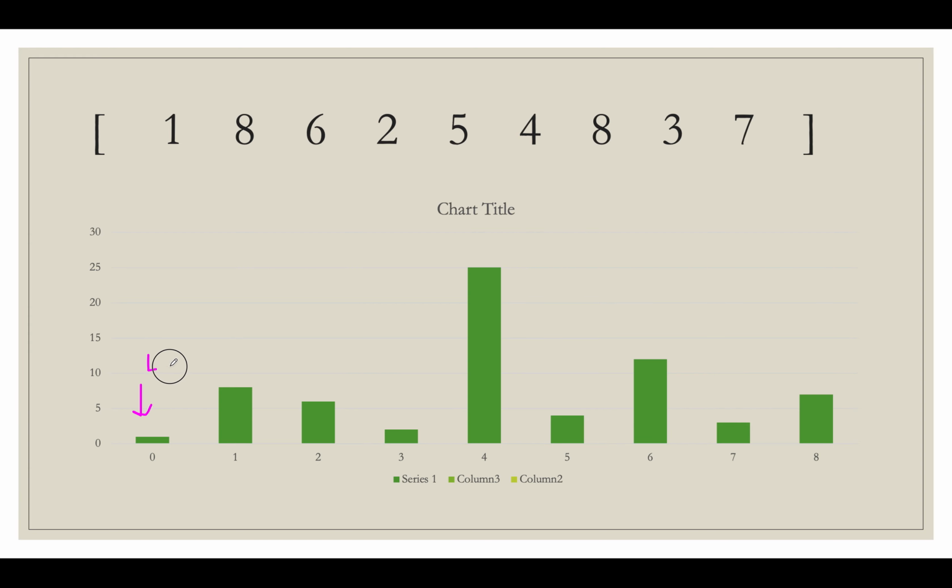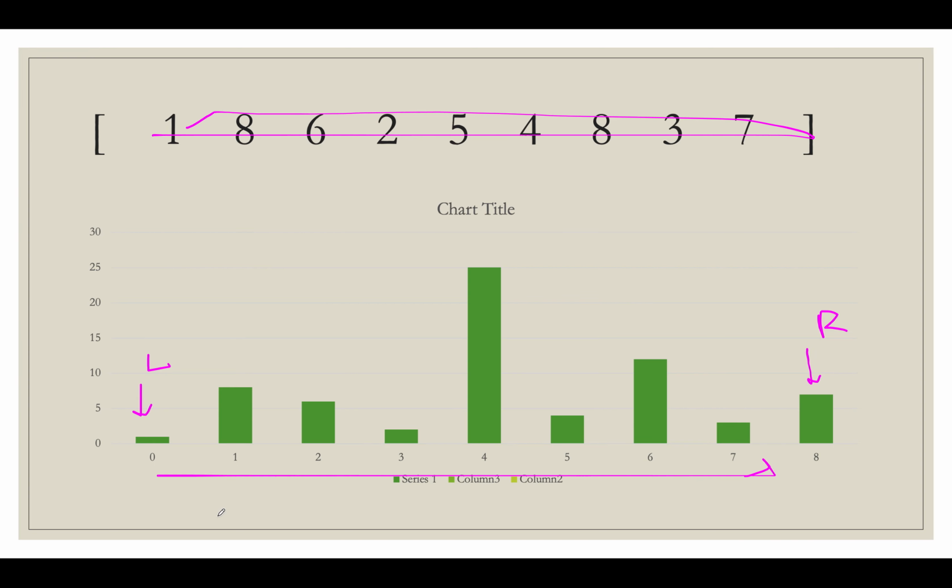You initialize left here and right here, and you calculate the area in a variable. The area in this case would be 1. I think the values have changed, so let me just talk about it in general. Let's just ignore these, these are incorrect. And let's calculate one area here, which will be the default area.